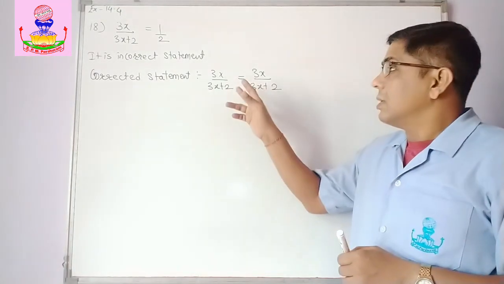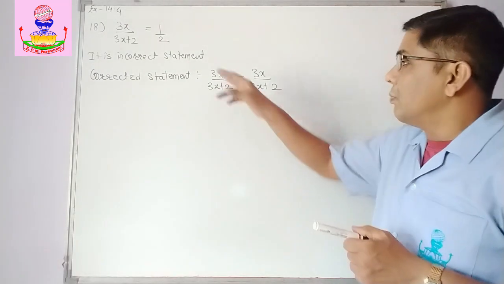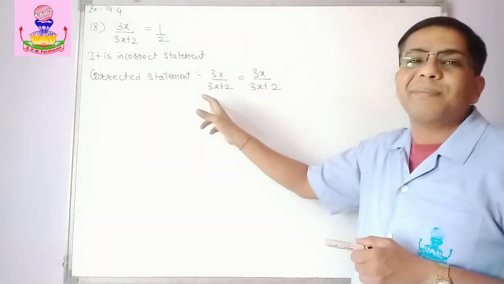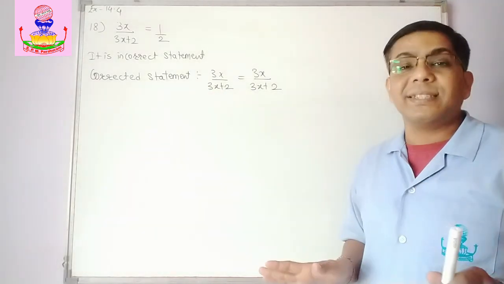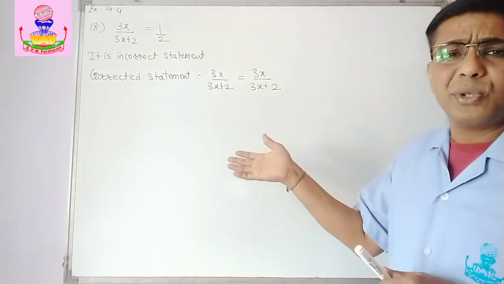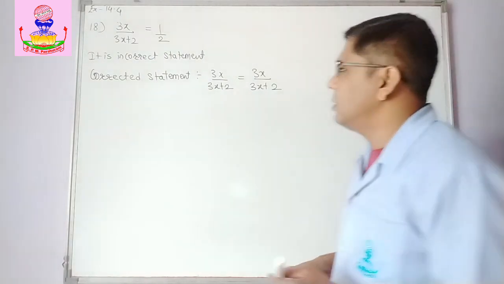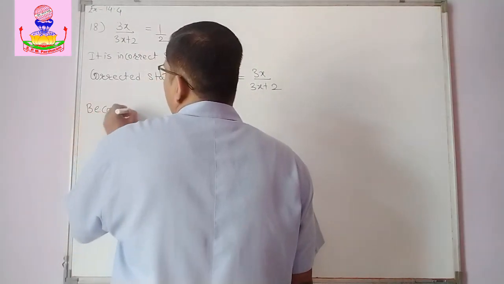Mind well, we cannot separate the denominator, because there is a plus sign here, so it is not possible. Secondly, we cannot cancel these terms because there is a plus sign. So 3x and 3x cannot be cancelled. Actually no need to give a reason here, but if you want, we can write: